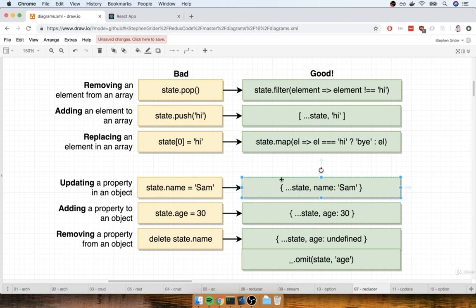But if we were making use of an object from our reducer, the updating process would be much more straightforward. We would put down the curly braces to indicate a new object. We would take all the records out of our old state object and add them in, and then we would add in a new key value pair. But in this case, the key would be the ID of the stream that we just updated. So let's say if we updated stream with ID 65, we would put in a key of 65, and then the value would be stream with the ID 65. So basically the syntax here of updating our state is going to be so much easier when we are making use of an object instead of an array.